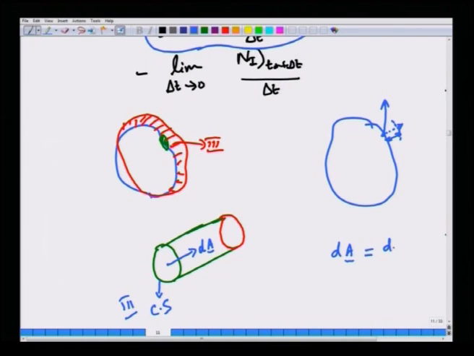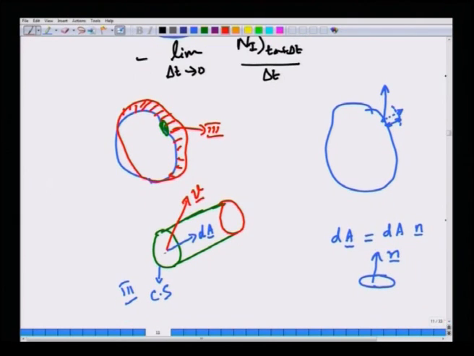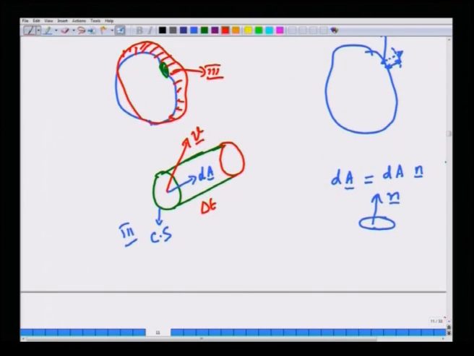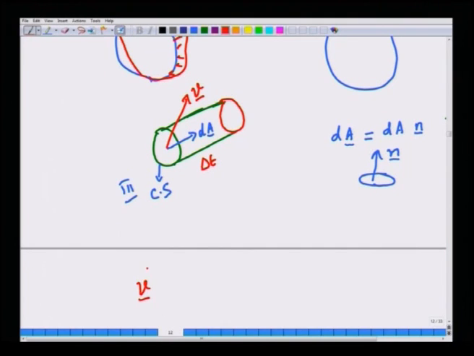Area is denoted by a magnitude and a direction, because whenever you have an area, you can denote its direction by telling the way in which the normal is pointing. You can say the normal is pointing from in to out or out to in. We will normally take in to out, that is called the outward unit normal. So, the area element is a vector, and the velocity in general can point in some direction. So, this volume that is created over a time delta T must be because of the fact that the fluid element on this surface has a component in the normal direction.